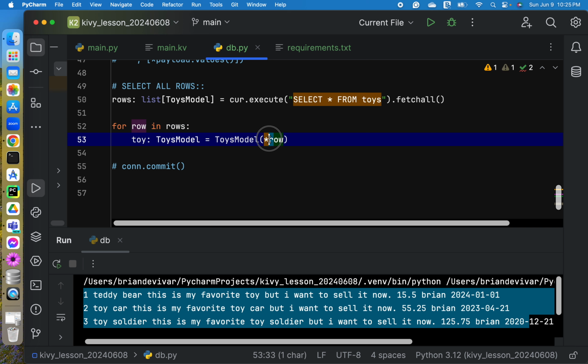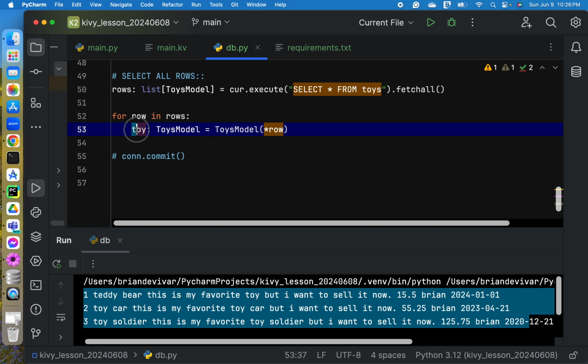So the asterisk here is a destructor. So the items from the row is passed here.